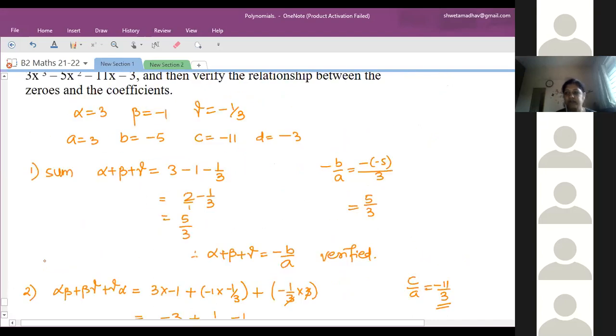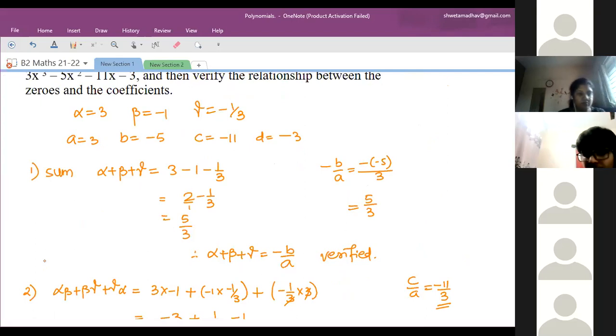Is it clear? Ma'am, I have one doubt. Ma'am, is it compulsory to write the verification after everything? Therefore, this is equal to b, minus b by a is equal to c. Yes. These are the methods to properly represent your answers. That representation also carries marks. Ma'am, we should write this down. Yes.